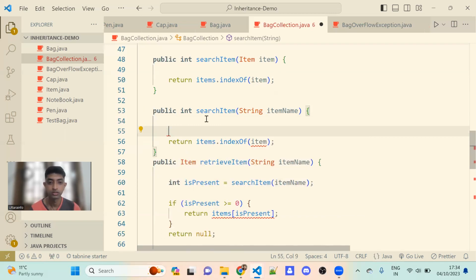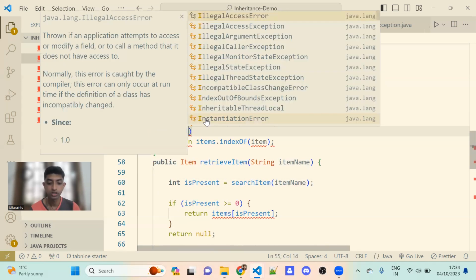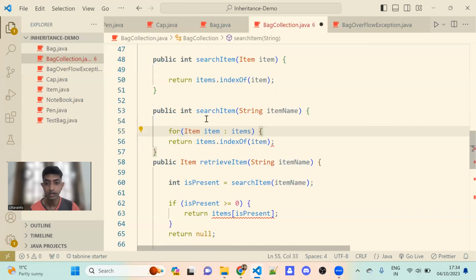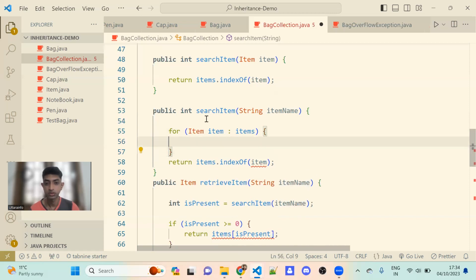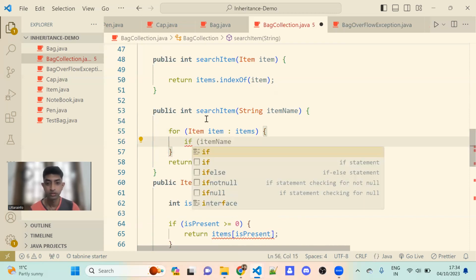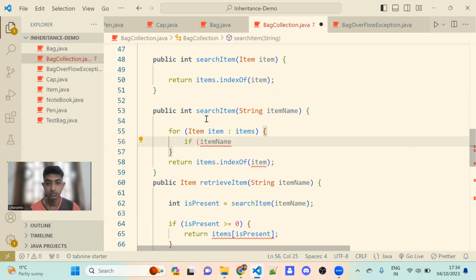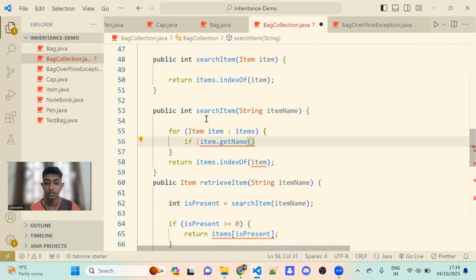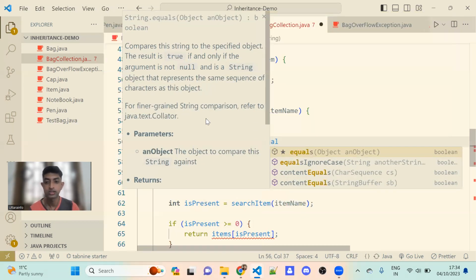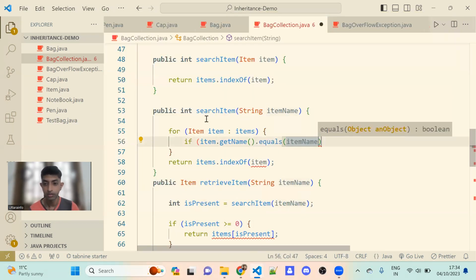For each item in items, if item dot get name dot equals item name,